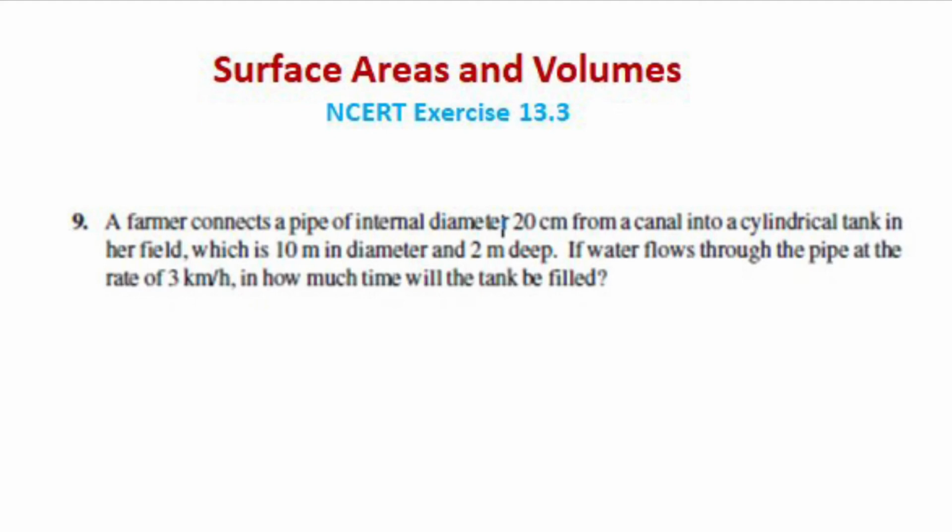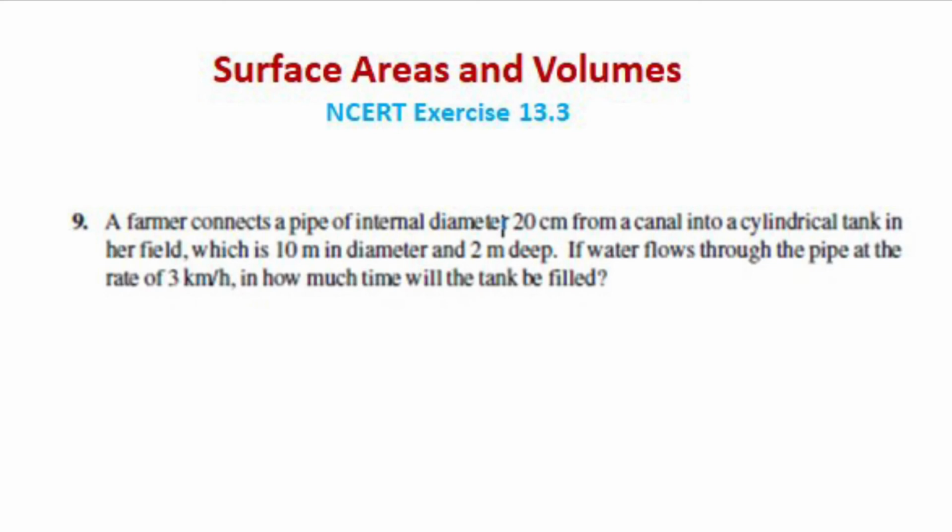So question number 9 says, a farmer connects a pipe of internal diameter 20 centimeter from a canal into a cylindrical tank in her field, which is 10 meter in diameter and 2 meter deep. If water flows through the pipe at the rate of 3 kilometer per hour, in how much time will the tank be filled? Okay,